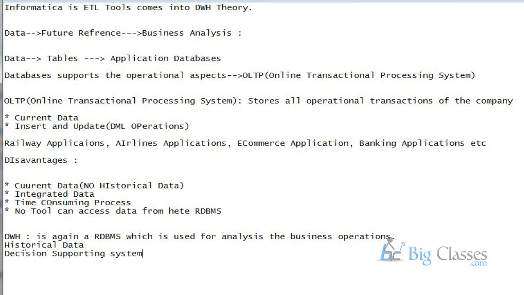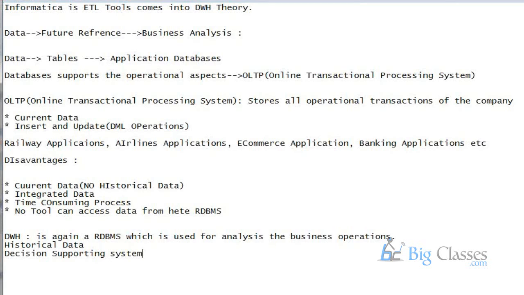Using the data warehouse, I can effectively take decisions. Whenever you have a data warehouse, it is easy for the business users to analyze how the business is running,